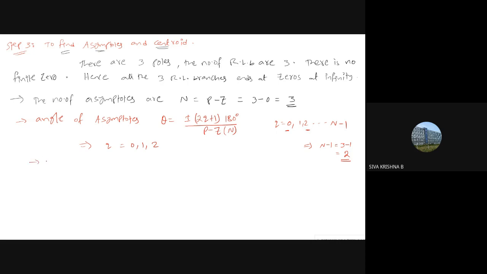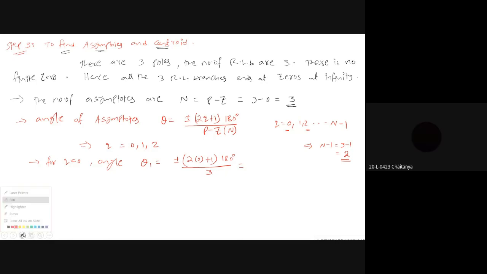Yeah, for q equals 0, what is the angle theta? 180 degrees by n, 3. N means 3. What is that value? 60 degrees. 60 degrees. Very good. Plus or minus. Next, for q equals 1,